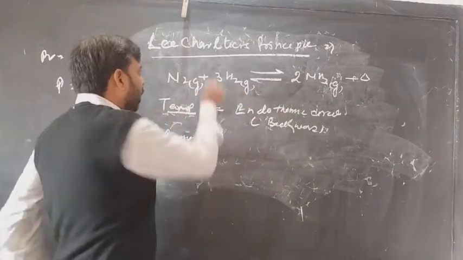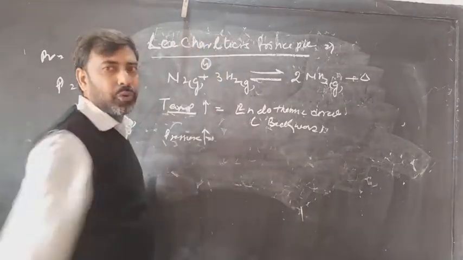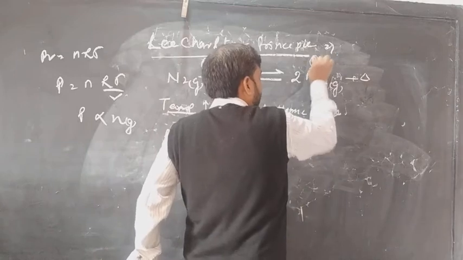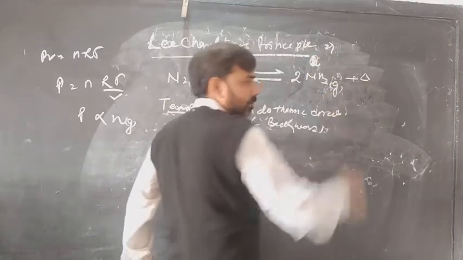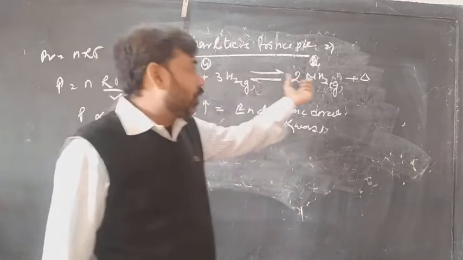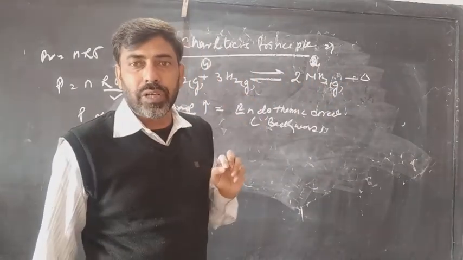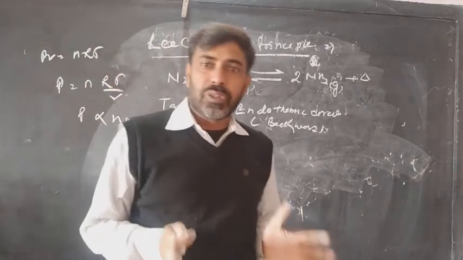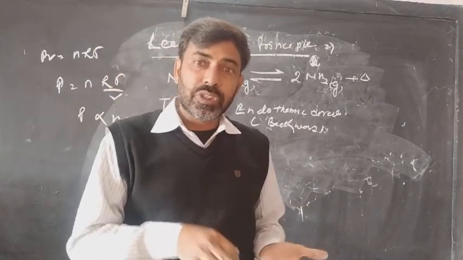See in this reaction 1 mole of nitrogen gaseous, 3 moles of hydrogen again gaseous. So the total number of gaseous moles on the reactant side is 4, and total moles of gas on the product side is just 2. यानी कि रिएक्टेंट साइड में प्रेशर ज्यादा है और प्रोडक्ट साइड में जाने पर प्रेशर डिक्रीज हो रहा है. और हमने पहले ही कहा था the equilibrium will shift in the direction where it is reducing the factor.